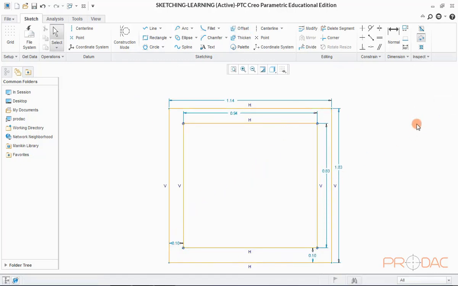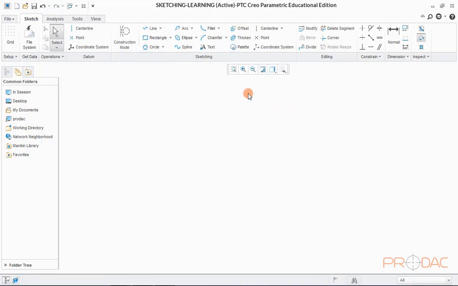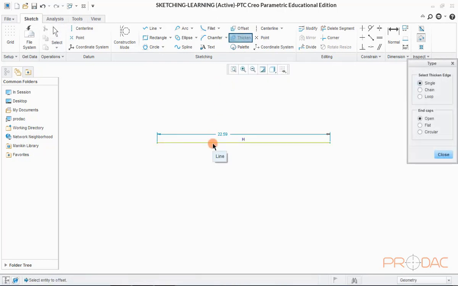Next item is thicken. To do this, first draw a line. Now, click on Thicken option. Go with default selection of single. After this, we have to input thickness and offset value.